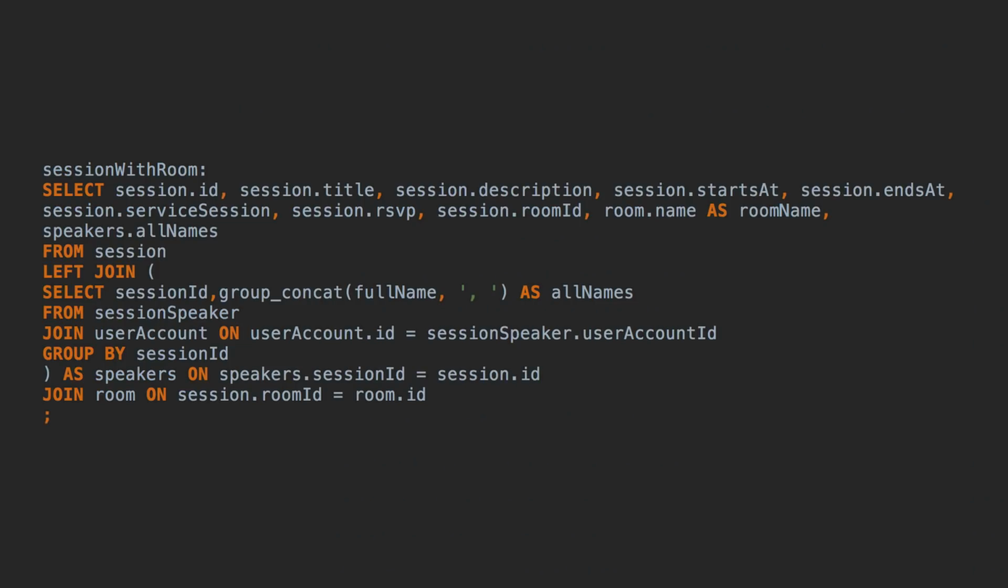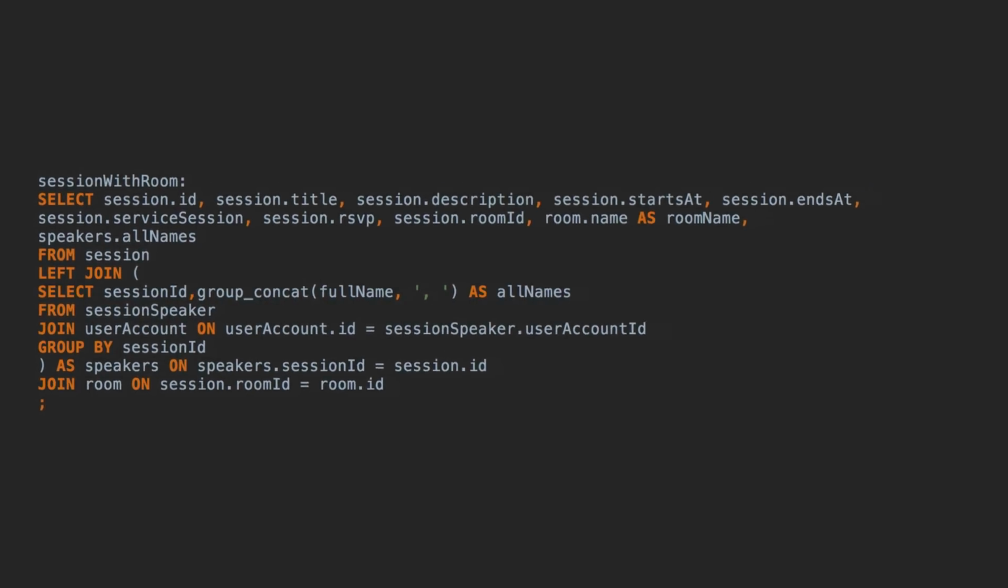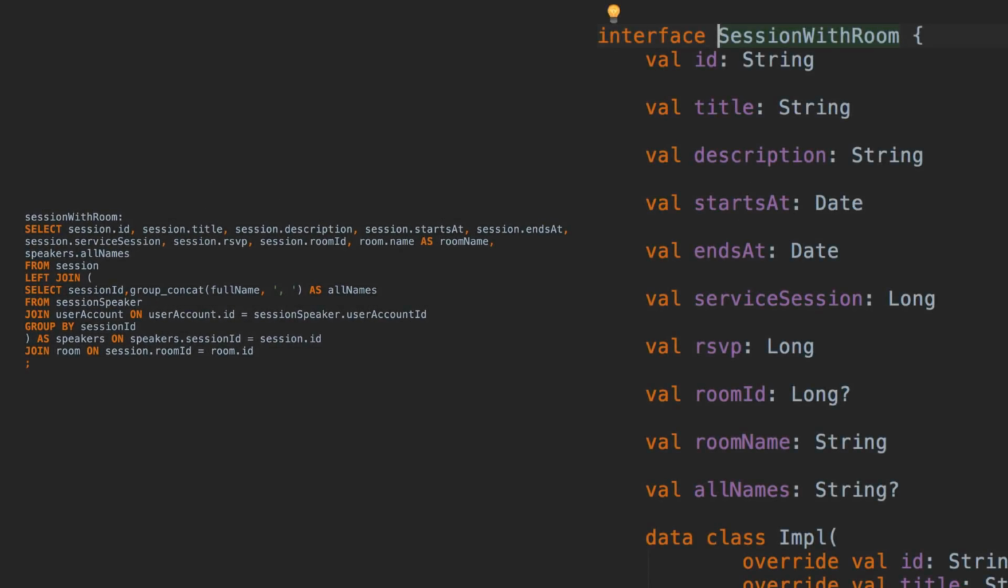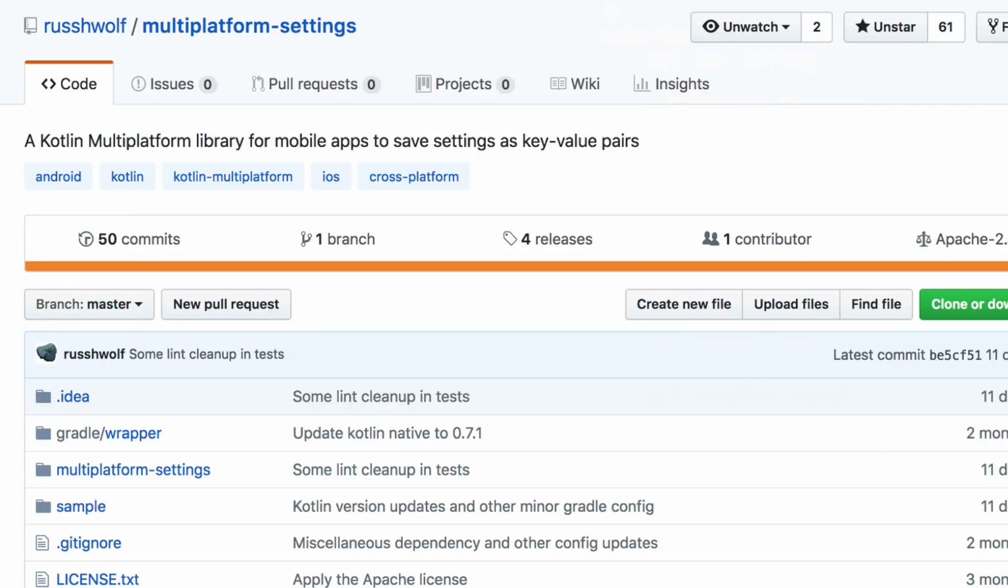This is a relatively complex SQL that I wrote for the Joy-Con app. You'll notice that there's a join and a group by, just to get a comma-separated list of names defined as all names, and on the output code, we get a nullable all names string. It's actually quite useful. And then to round out the community stuff that I found so far, this is Russell